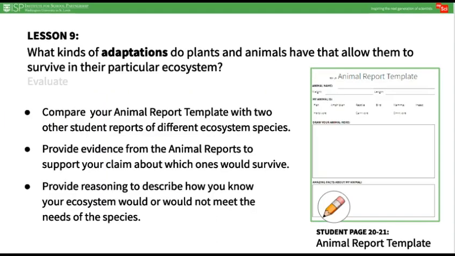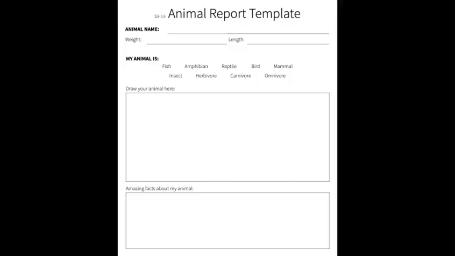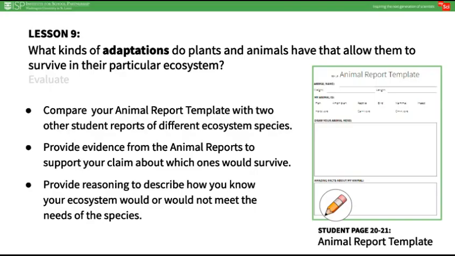In the evaluate portion of the lesson, ask students to return to their animal report template and compare it with 2 other animal reports of different ecosystem species. One that would survive less well than the animal they reported on, and one that would not survive at all in their chosen ecosystem. Ask them to provide evidence from the templates to support their claim about which species would